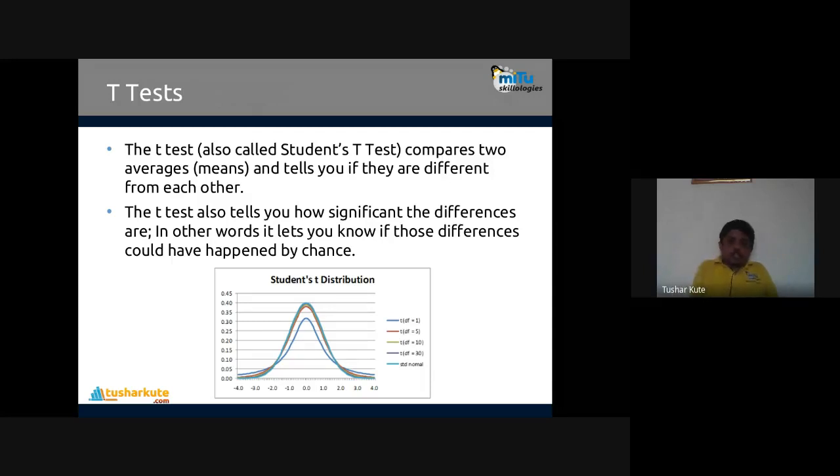See this one, where Student's t distributions are shown, where we have a set of values. You can observe the central one, which has only a single sample, and how the distribution is there. When you have 5 samples, how the distribution is there. Then we have 10 samples, or 30 samples, and how the distribution is there. The distribution is not changing. It is a bell curve, with normally distributed data. Just a simple idea. This is how the Student's t-test will show you.